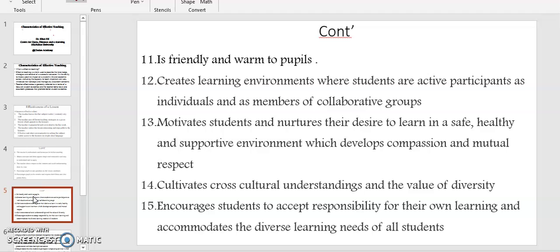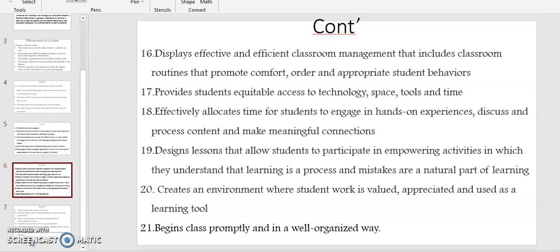We can also say that a lesson is effective when teachers cultivate cross-cultural understanding and the value of diversity. It's also effective when teachers encourage students to accept responsibility for their own learning and accommodate the diverse learning needs of all learners. Number 16,